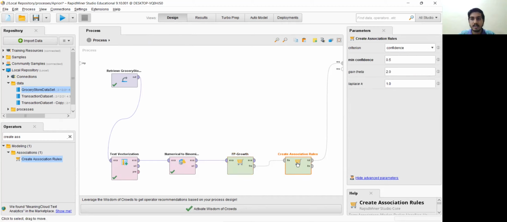And in this create association rule, we could actually create it based on these: lift, confidence, gain, Laplace, and so on. So we are just using confidence. And minimum confidence is set to be 50%. So if we increase it and let us say keep it as 80%, let us see what the result is.